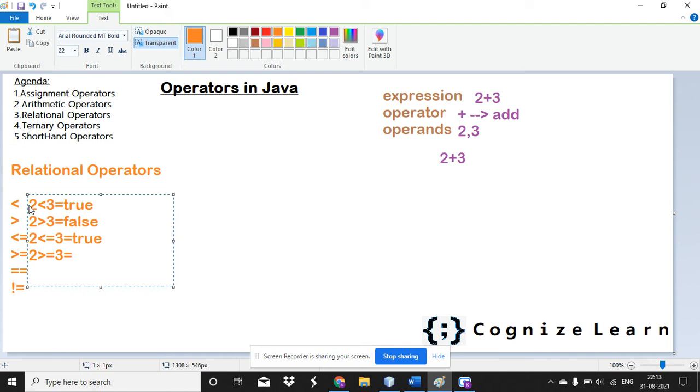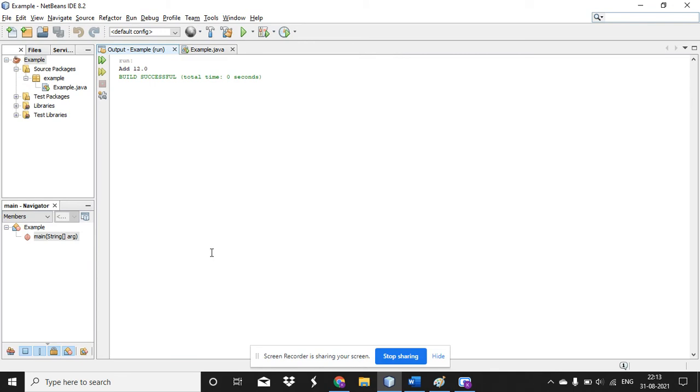It is false. And the equality operator, 2 double equals 2, if that is the case, then it will return true. Okay. And 2 not equal to 2, read it as a normal sentence. So 2 not equal to 2. Whether the condition is true? No, the condition is not. So it fails.